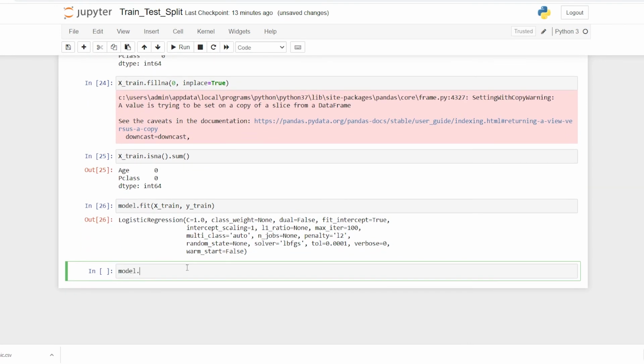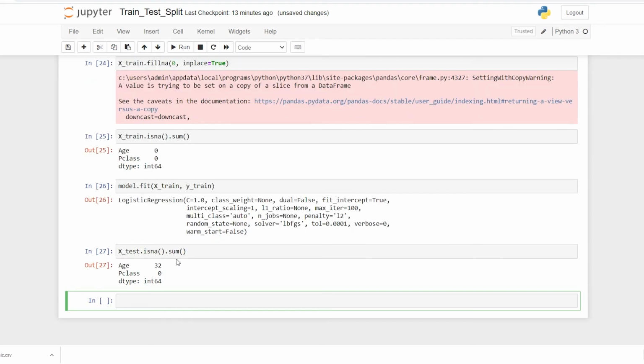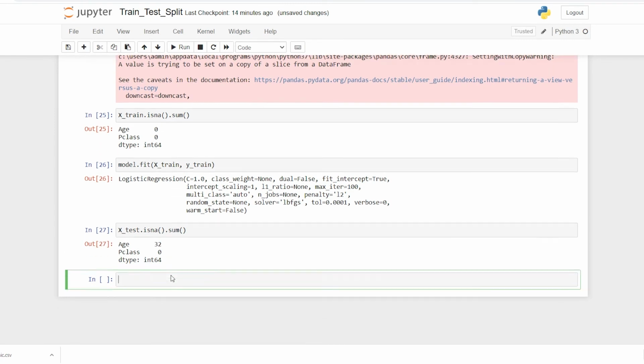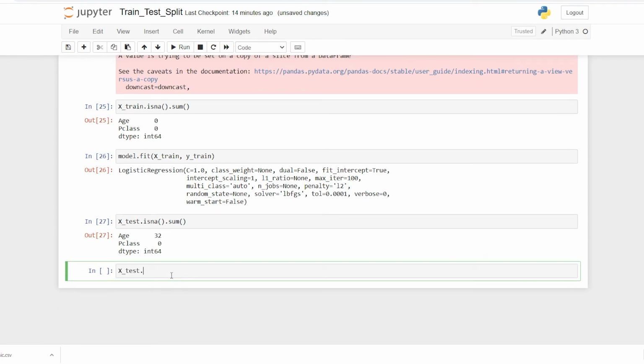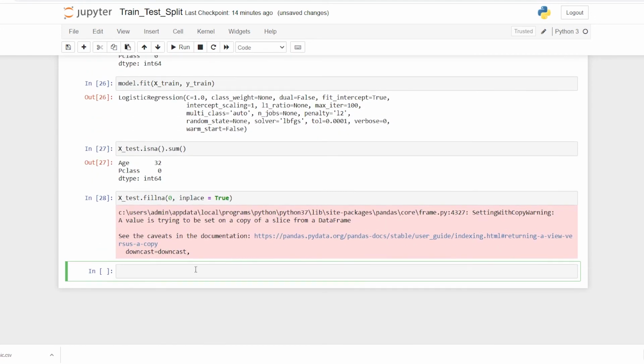And now I'll say model.predict. Actually, before doing that, I'm going to check if my xtest has any null values. So I'll say isna and then sum. Sum actually gives me the sum. Okay, so here also I have 32 null values. So the way I do it, xtest.fillna, that is fill null values with 0, and I'll say inplace is equal to True. Now if I don't use inplace equal to True, like I said, this entire thing will be only limited to this cell. I want it to be used inside my program.